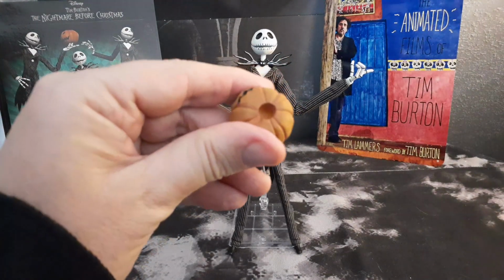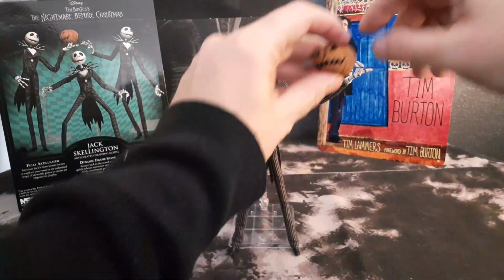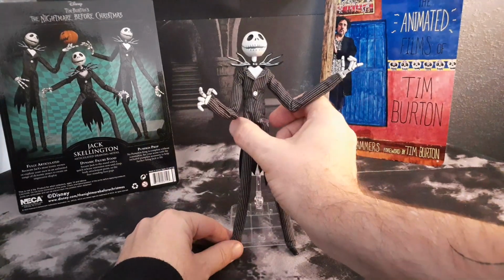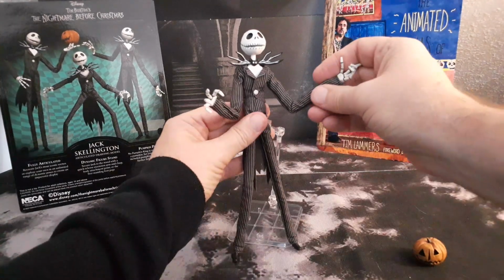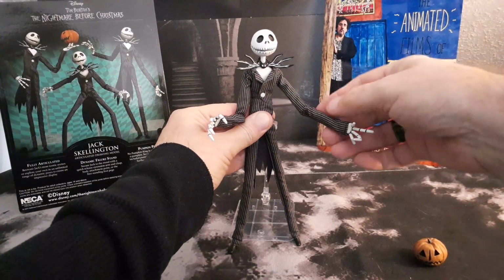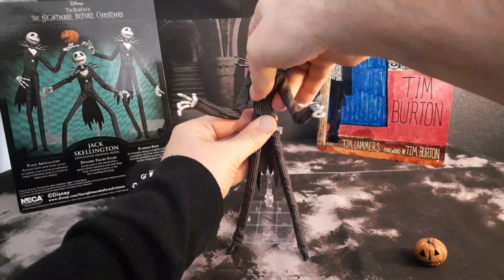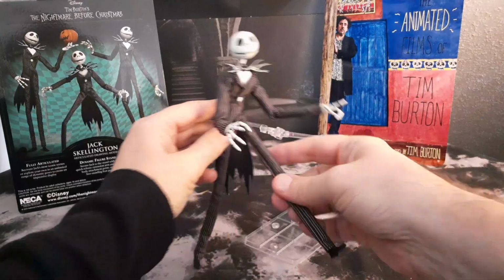Jack Skellington. On the bottom, we have the hole where you can put your fingers from the puppet in there to hold it properly. Now, it's nice because you can clasp this stand around his waist, and I'll show you different ways where his articulation is. It's obviously in the shoulders, in the arms, in the wrists, the head swivels there by the chest, obviously up here by the hips,